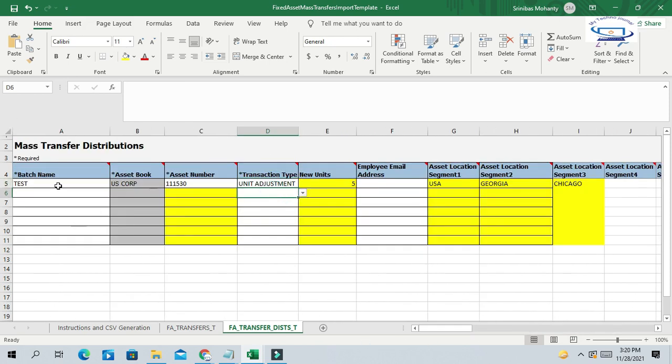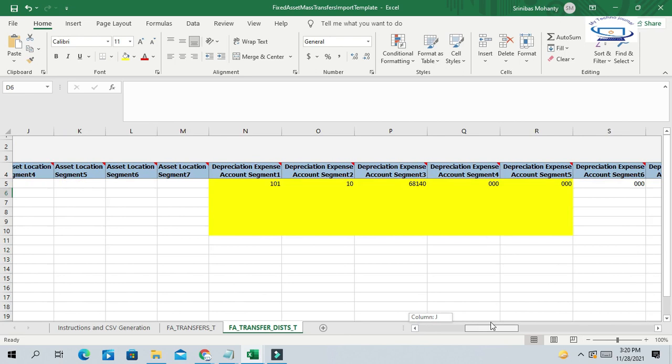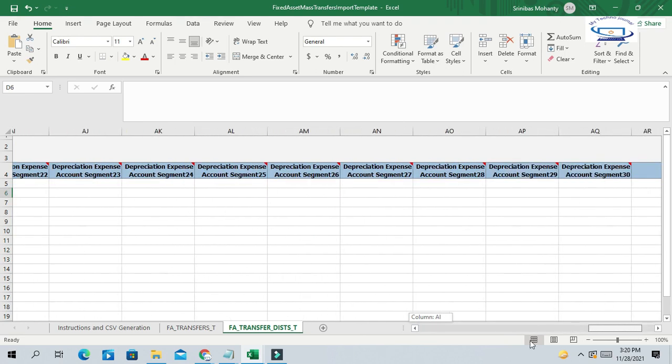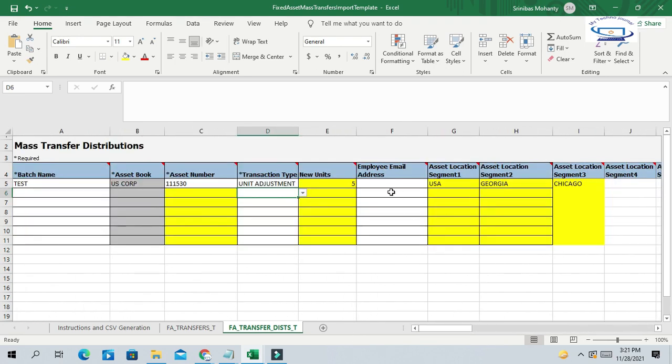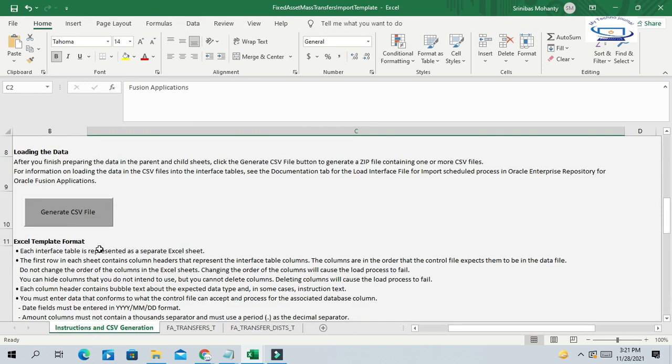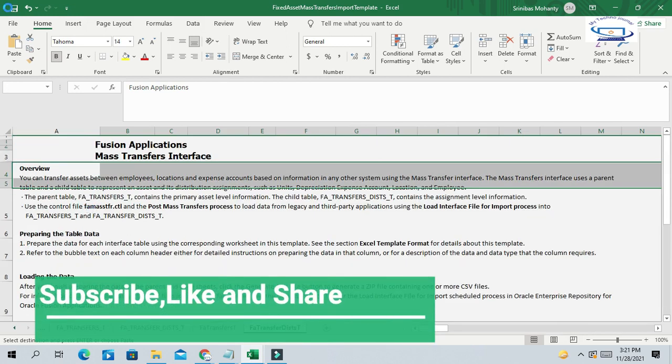So let me just start with one unit adjustment. In the similar way, you can do the transfer process also. So now everything is fine. So these are the mandatory information I need to create the file. Go to the first sheet and create the CSV file.